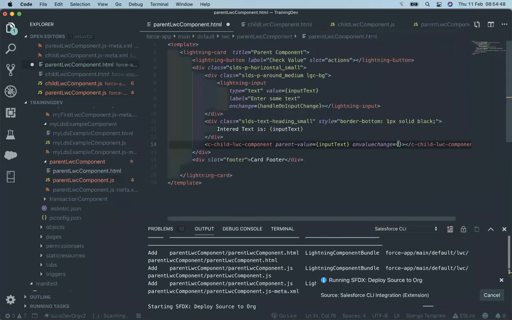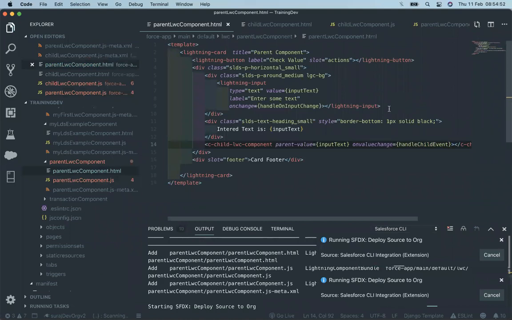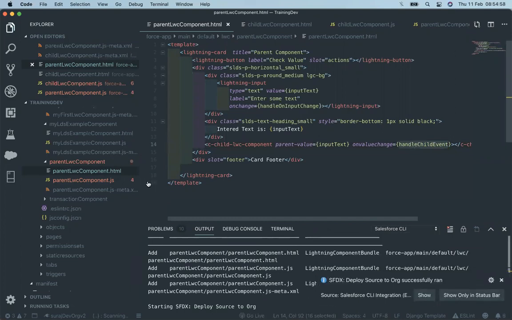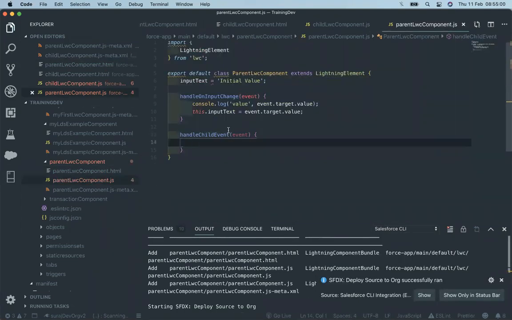Whenever this event fires, it will execute this method. Let's put a console log up here so that you can see that the event is fired.